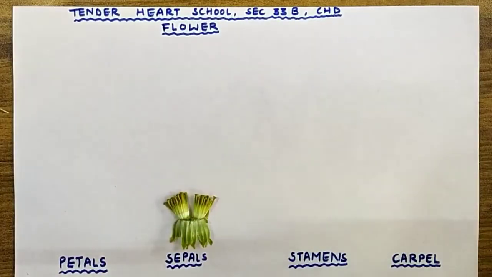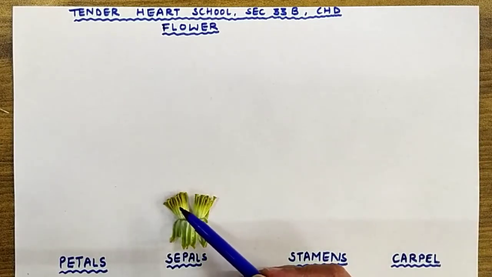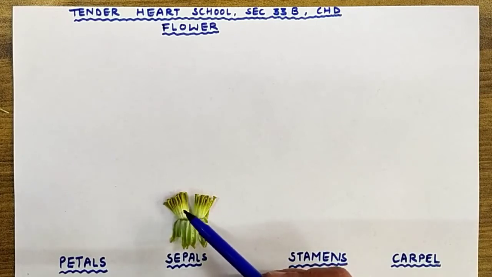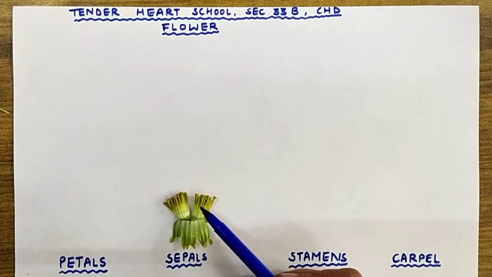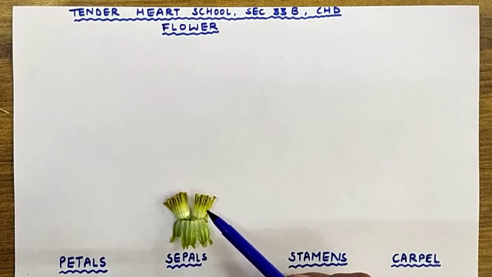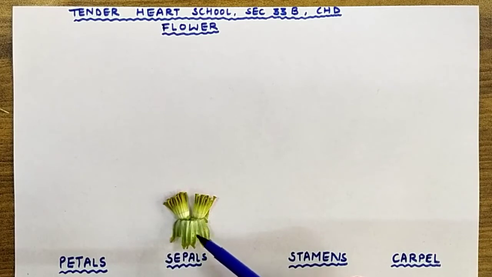So you can see it very clearly. Again, look at this. These are the petals of marigold. This was the bud of marigold which has been cut open. Inside it you can see these are the petals of the marigold, and these petals were being protected by these sepals. Sepals are green leaf-like structures which were protecting the flower bud, right? So these are the sepals.